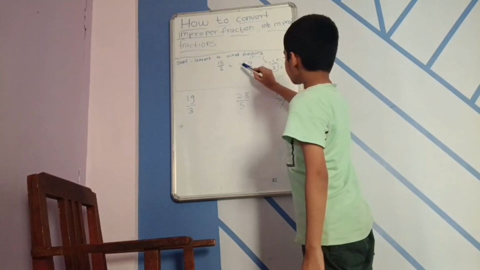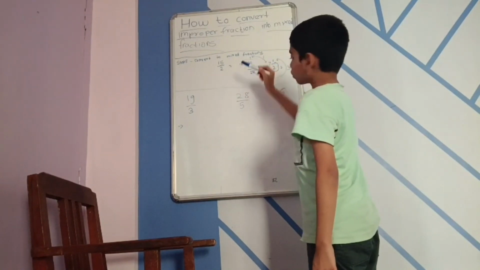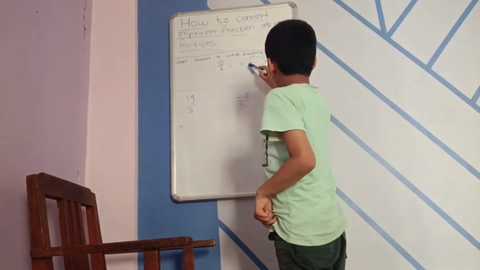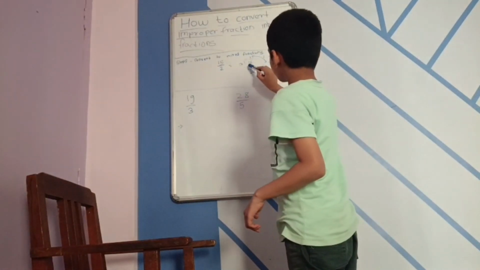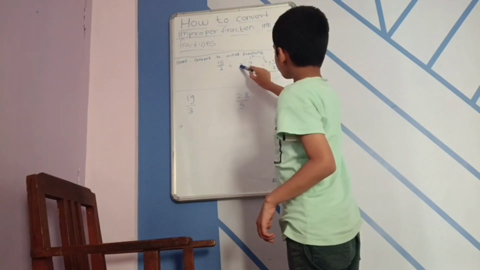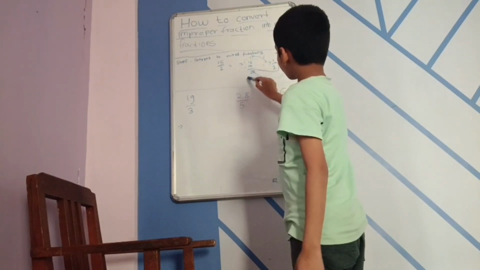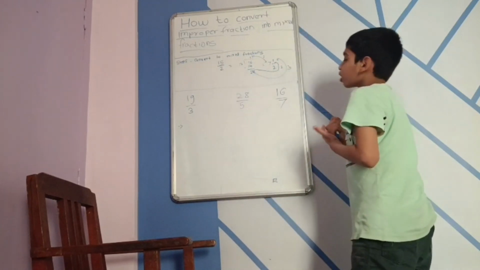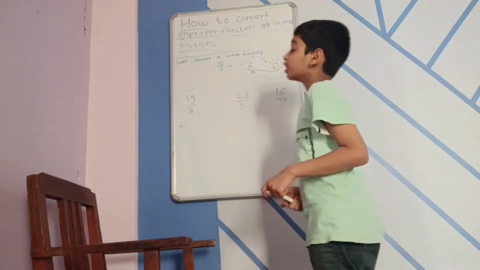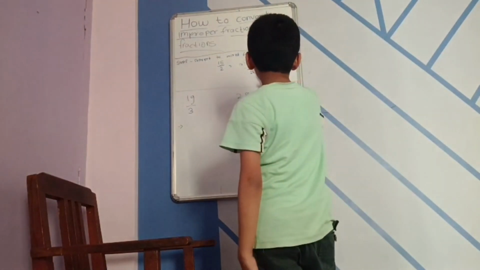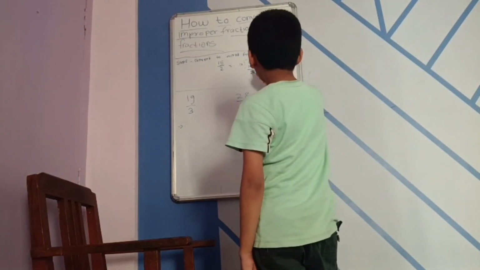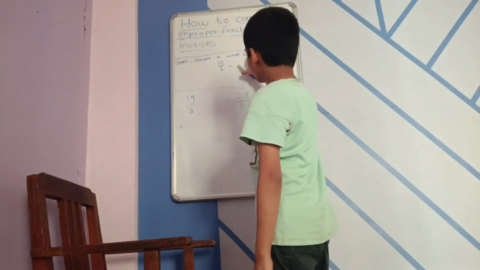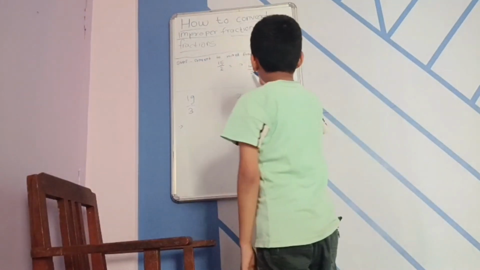Here is given the division, 2 here and 15. So 15 is not in the table of 2, but 14 is in the table of 2. So 2 sevens are 14, you write it over here, then the remainder will be 1. To convert this into a mixed fraction, first take the 7 as the quotient, as the whole number. The quotient is always the whole number.